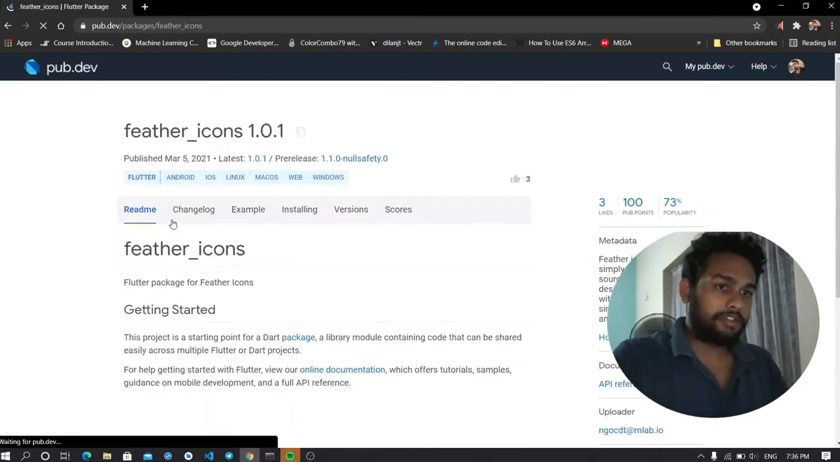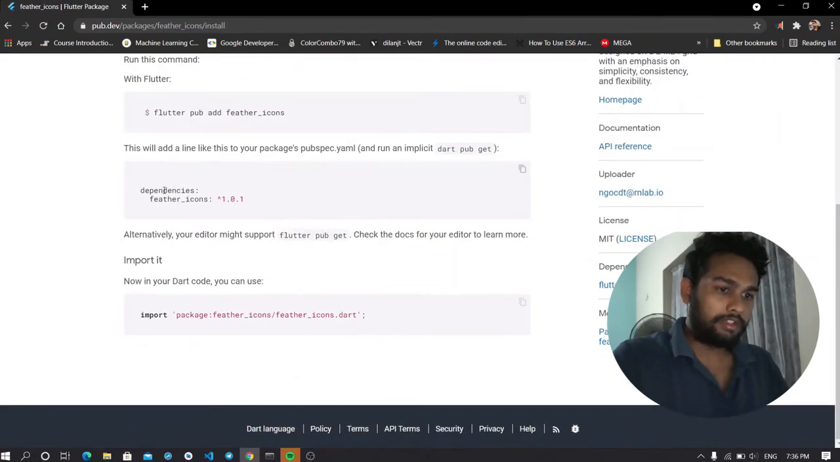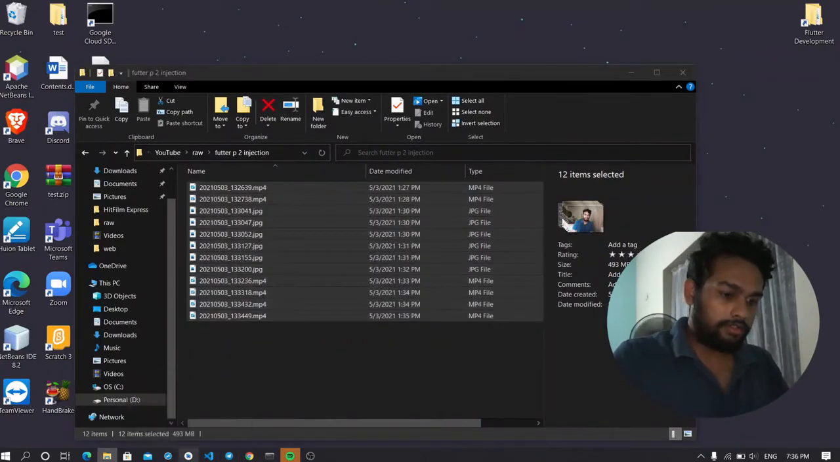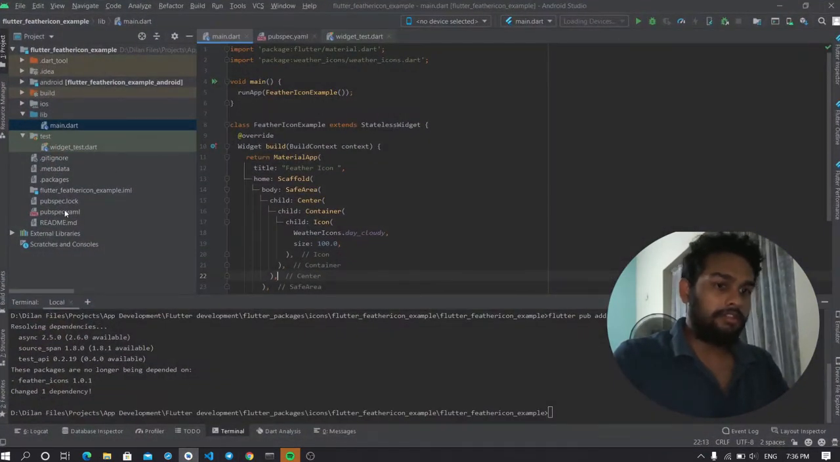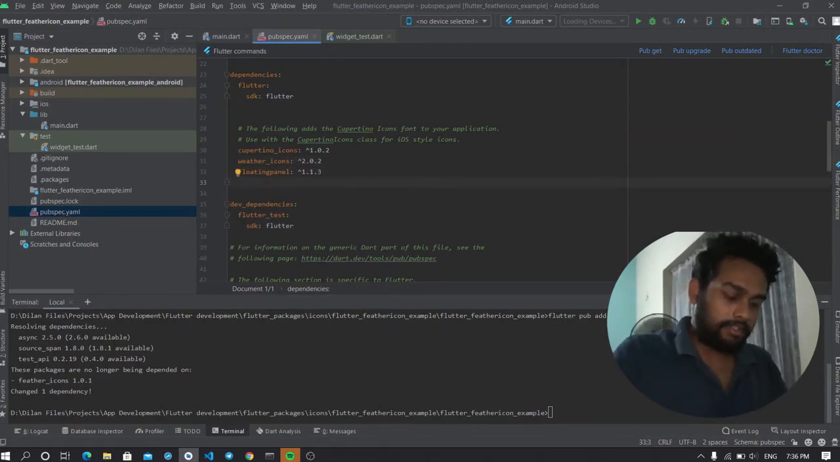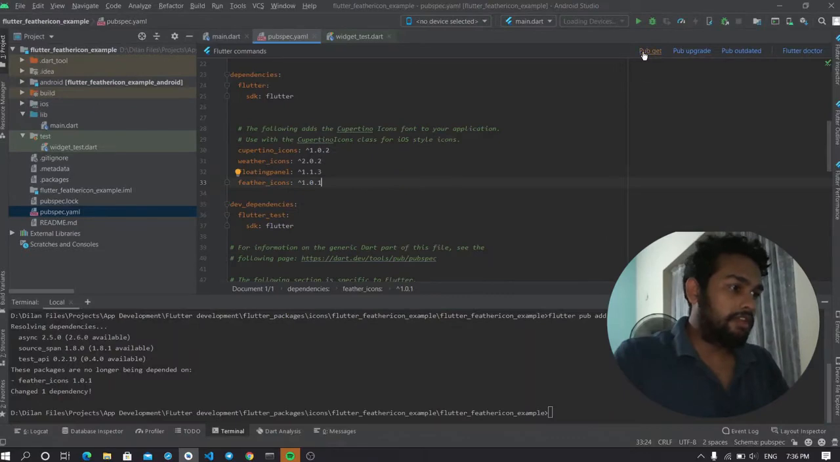Then here is the package that I wanted. Go to the installing section. Here you'll have the dependency with the version. Select it and copy it, and go to the Android Studio project again. Go to the pubspec.yaml file. There insert the dependency by pasting it, run the pub get command,